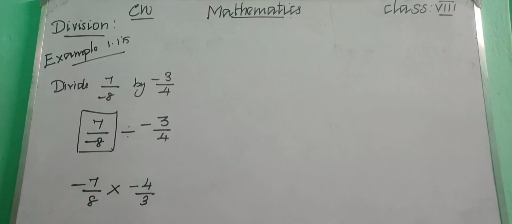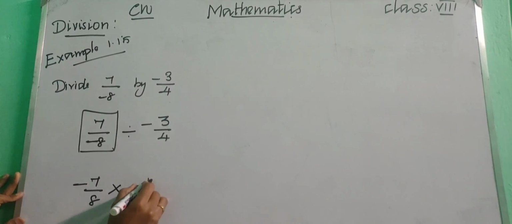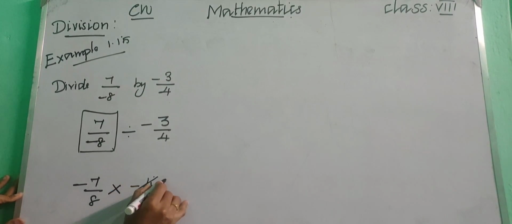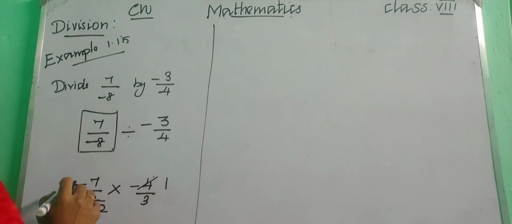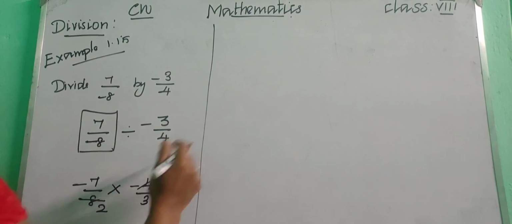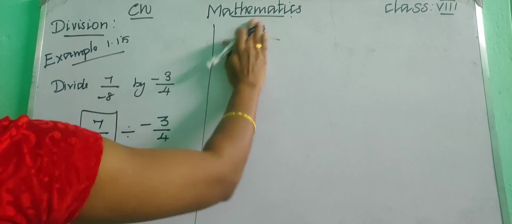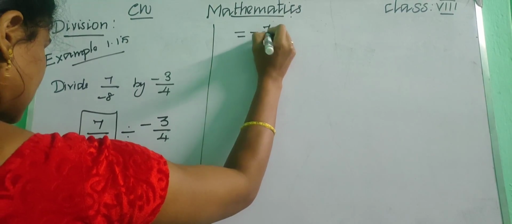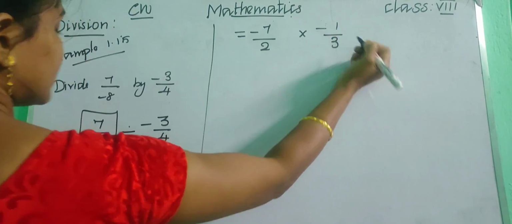Okay, now can we make it into standard form? Standard simplest form. Now see, it is 4. 1 4 is 4 and 2 4s are 8. Okay, and now we can multiply very easily, right? See, minus 7 into minus 1. So minus into minus, we know it is plus, right? So 1 7 is 7. So let me write it. So minus 7 upon 2 into minus 1 upon 3.